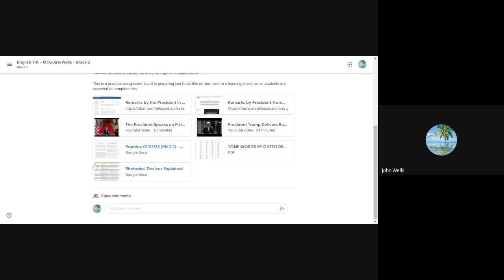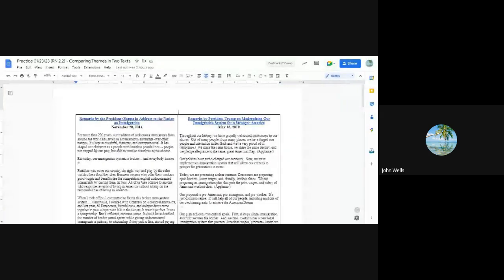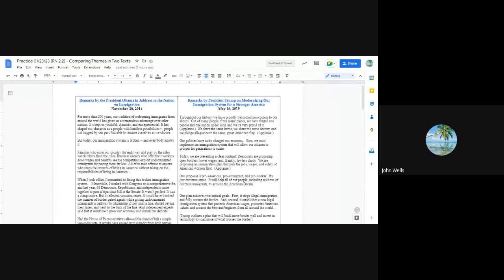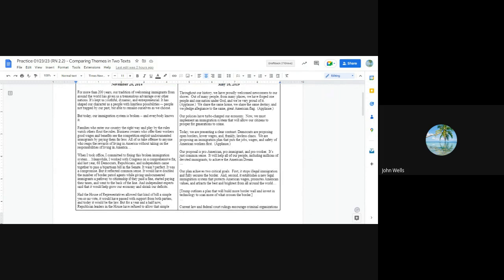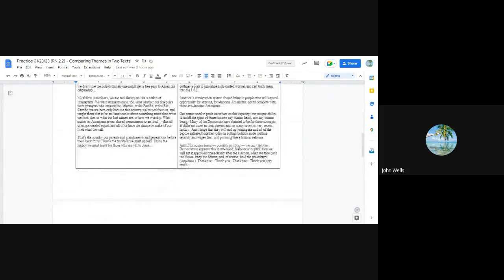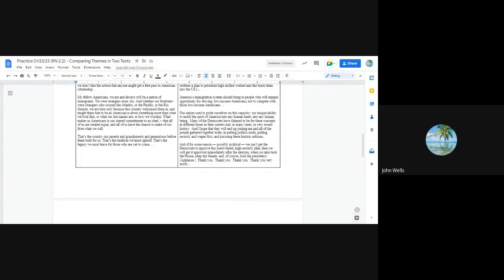Also, you will notice that there is the list of tone words and then your list of rhetorical devices. We've looked at that tone list before. The rhetorical devices we've kind of talked about, but I wanted to provide that list for you so that you could reference that as needed. Here are the excerpts that we'll be looking at, and they sit side by side. Obama on the left, President Trump on the right. And they are just 2 pages each. Not even 2 pages, probably just over a page each, really, if you were to shrink them down to 1 page. But we put them side by side.